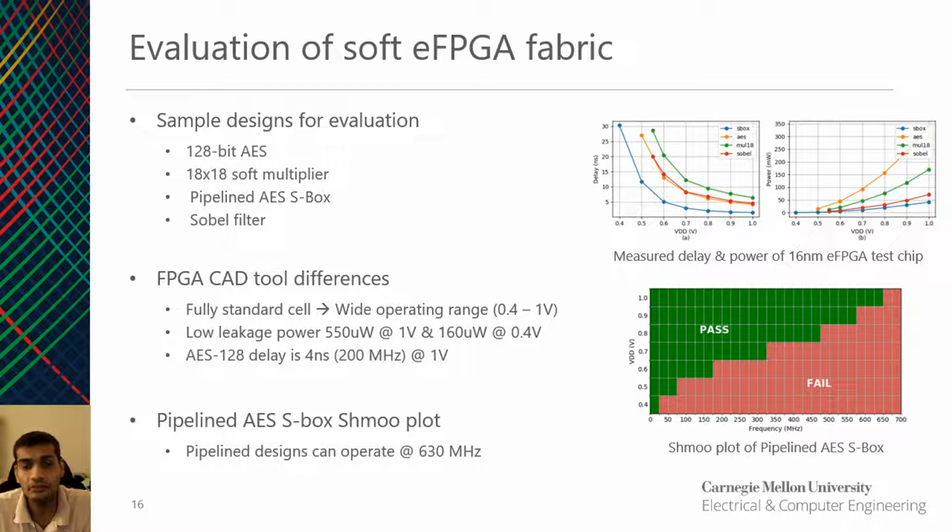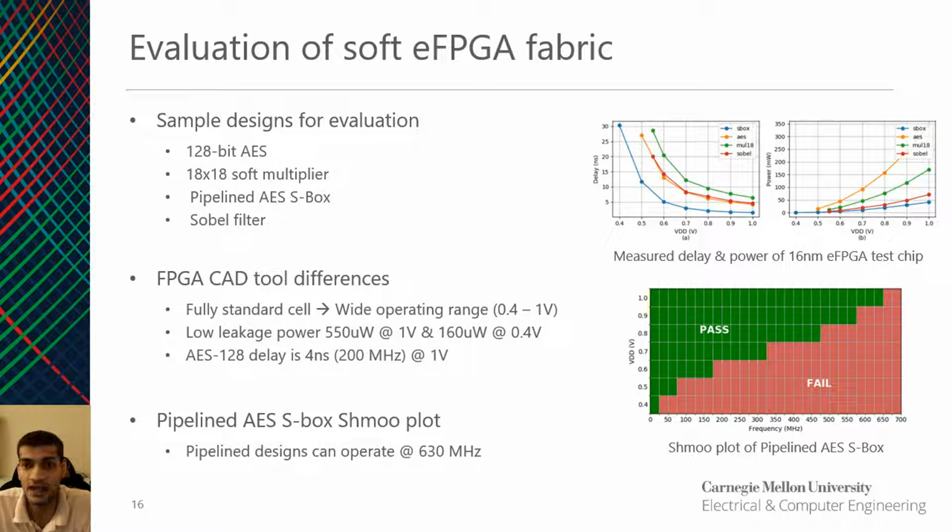We evaluate the performance of the soft eFPGA test chip by using 4 different designs, which are 128-bit AES, a soft multiplier, a pipelined AES box, and a Sobel filter. The fully standard cell-based eFPGA can operate over a wide supply voltage range from 0.4 volts to 1 volt. The leakage power is also very low, ranging from 160 microwatt at 0.4 volts to 550 microwatt at 1 volt. The Shmoo plot of the pipelined AES box shows that the fabric can operate up to 630 MHz when the